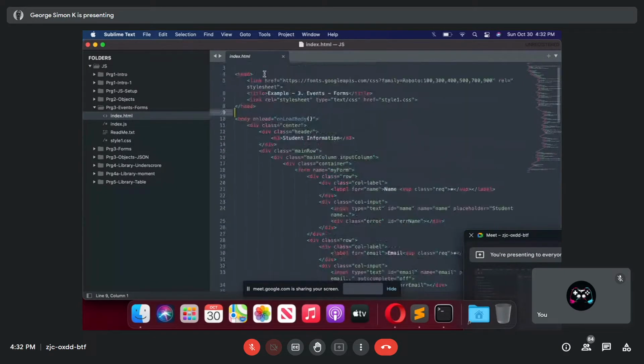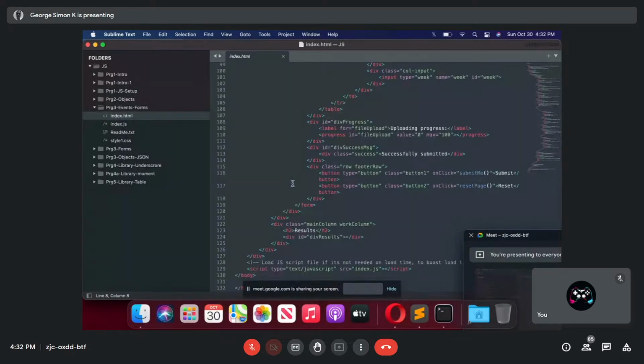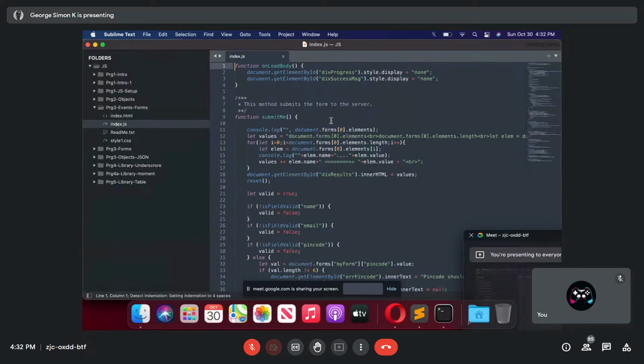As usual, my HTML file, you see I'm importing the style here in head. I have not written any scripting here. I call the script as a file here towards the bottom of the screen. And whatever I want to write in JavaScript, I've written everything inside this file called index.js. Now let's open the file.